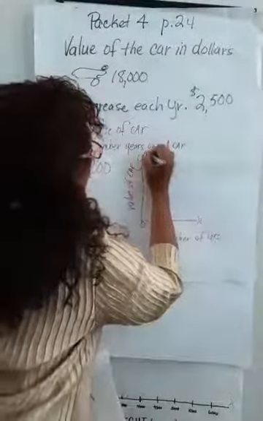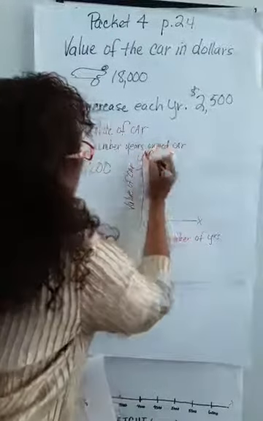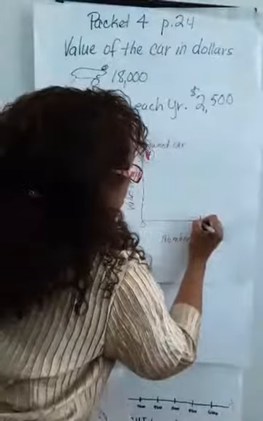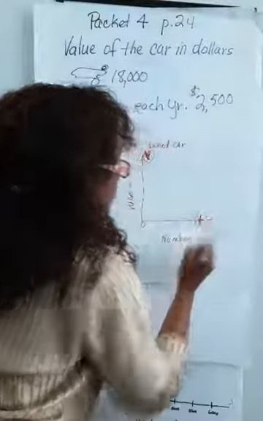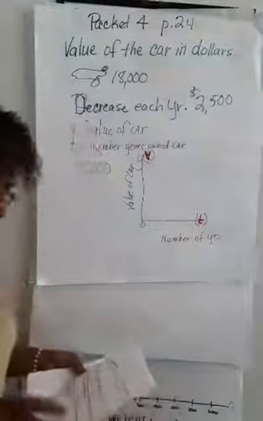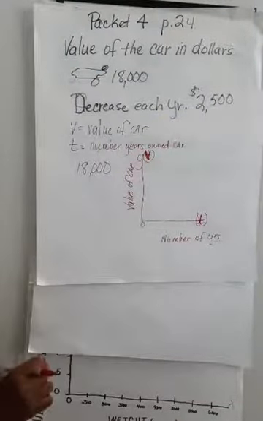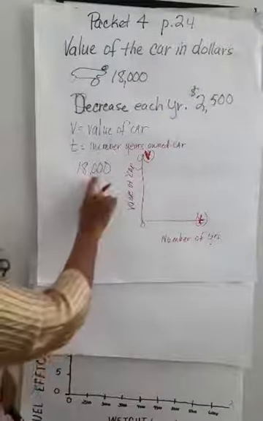V for the value of the car, I'm sorry. And T would have been here, the number of years you had this car. Okay? So now, if I were to ask you to show me by points on this for $18,000, if I